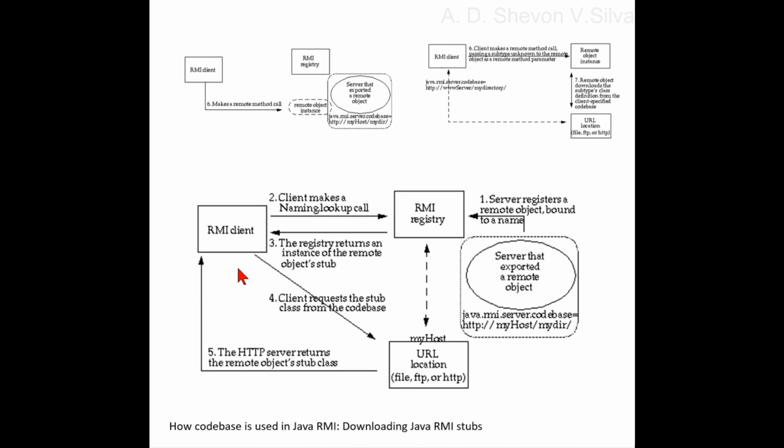The java.rmi.server.codebase property value represents one or more URL locations from which these stubs and any classes needed by stubs can be downloaded. Like applets, the classes needed to execute remote method calls can be downloaded from